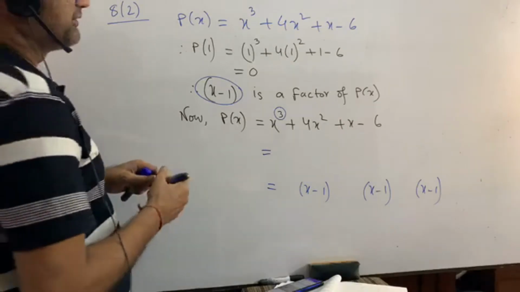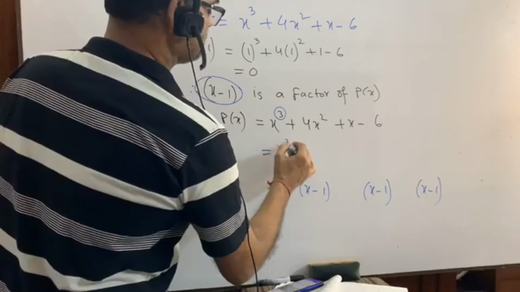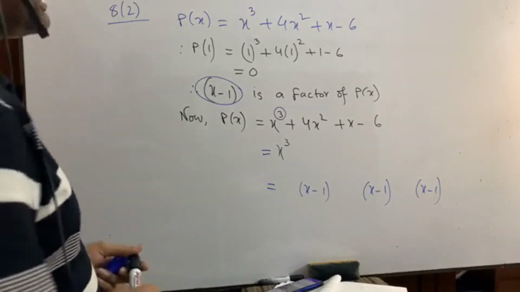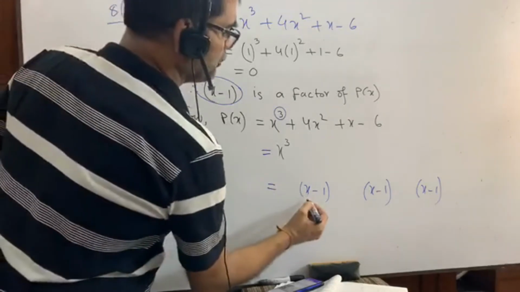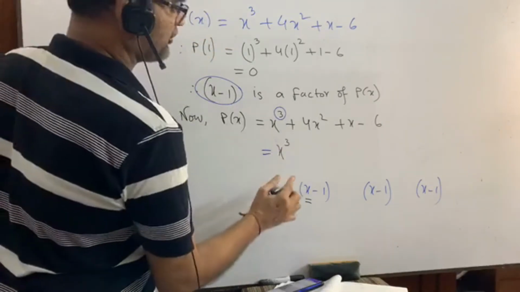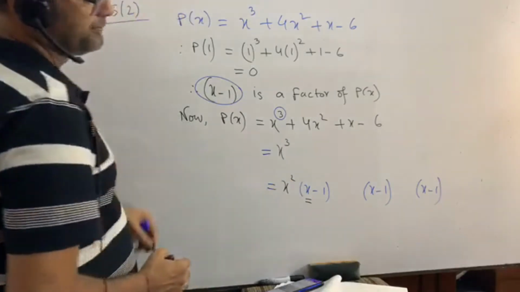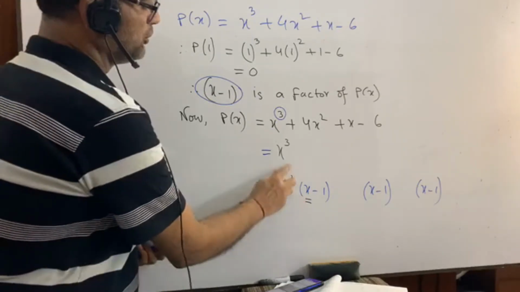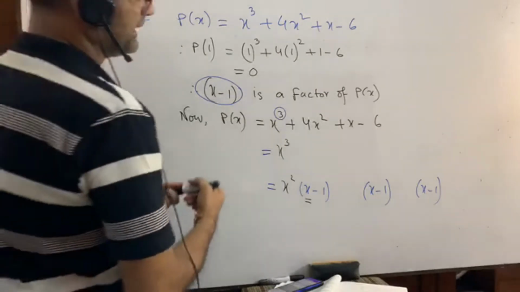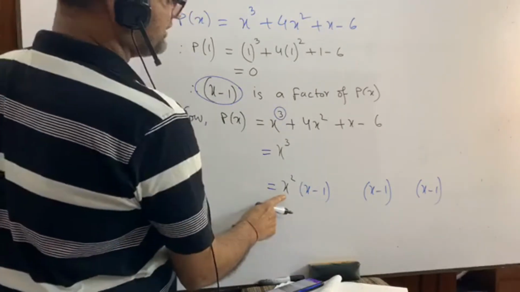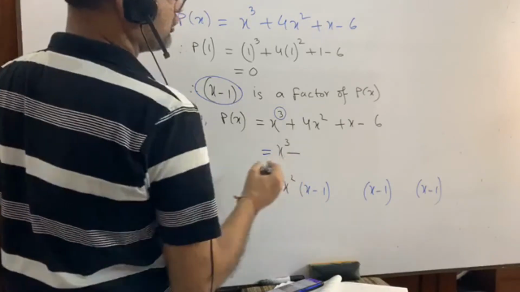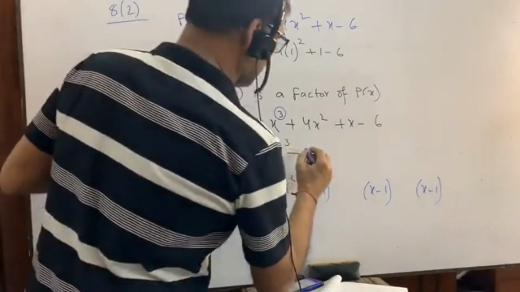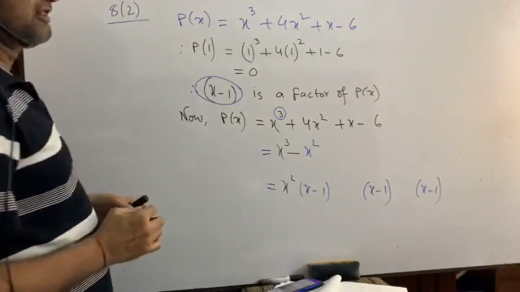Anyway, now what is given here? It is x cube. Write down x cube. At first, what you have to think, it is also known as the vanishing method. At first, what do we need here to make x cube? We need x square. If we multiply x square and x, we will get x cube, right? Then x square and minus 1 equals what? Minus x square, right?